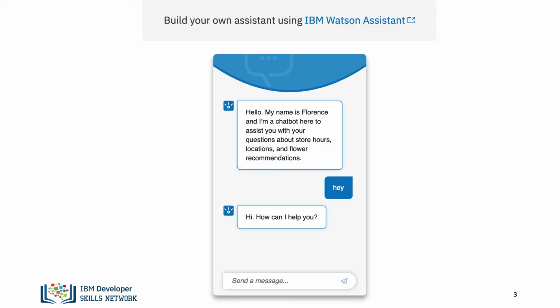When you create an assistant, you are given the option to enable a preview link. Doing so is a good idea as it gives you a page where anyone with your link can try out your chatbot. So it's a great way to let colleagues, friends, or even customers try out your chatbot on the web. This widget works by sending the user input to the Watson Assistant service you created, retrieving the response of your dialogue skill, and presenting it to the user.